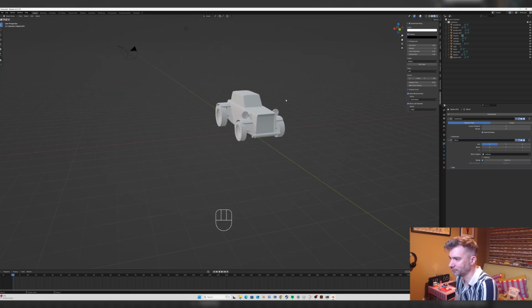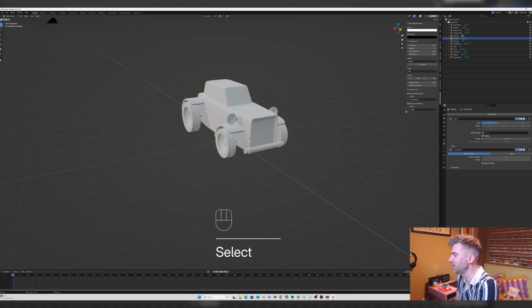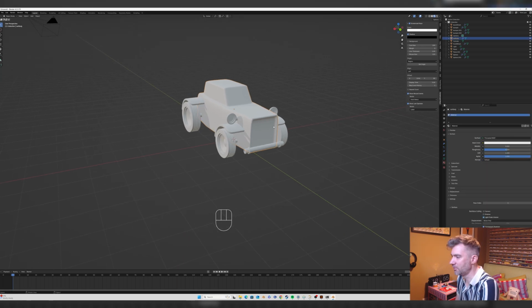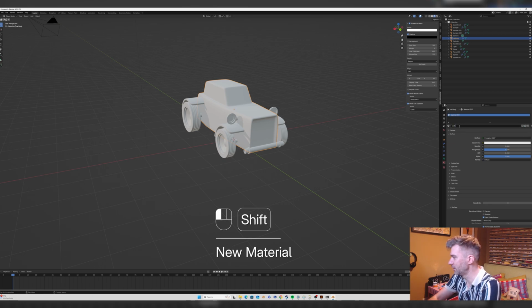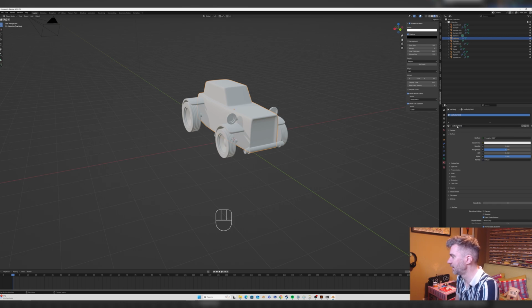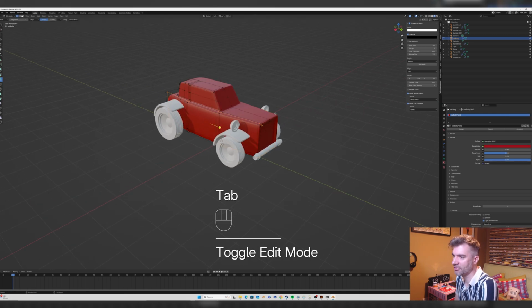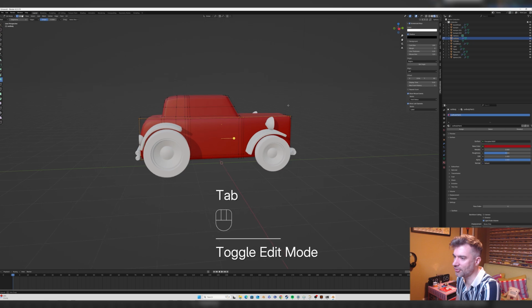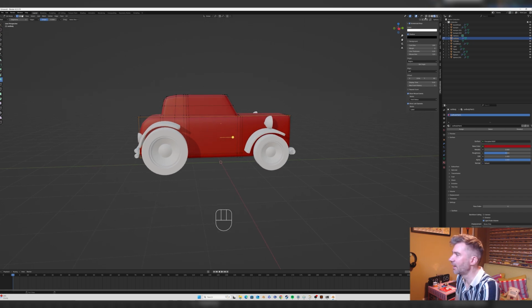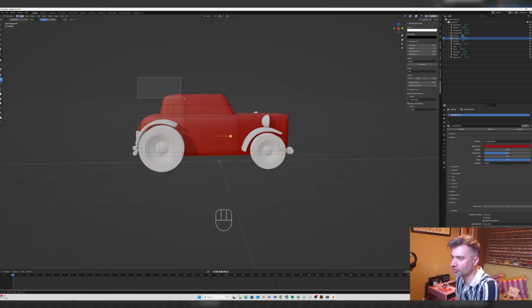materials on everything. So let's start with the car body, and we're going to hit the material button, and let's make a new material, and we'll call it car body paint 1, and let's give it a red color, and then we'll hit tab to go into edit mode, and if you just line up your view to the side and hit X-ray,